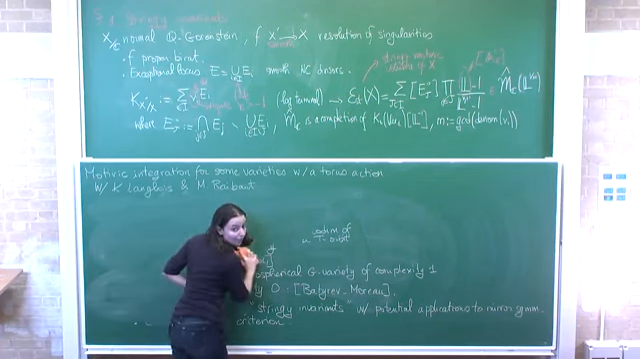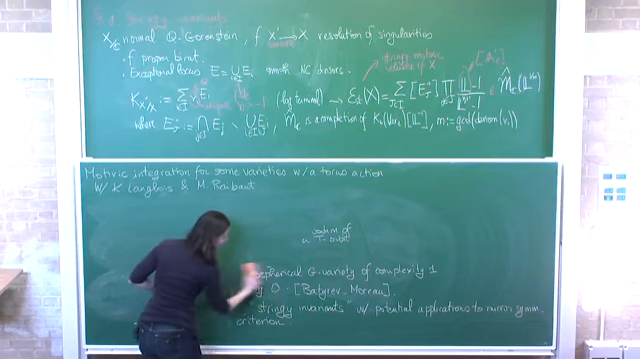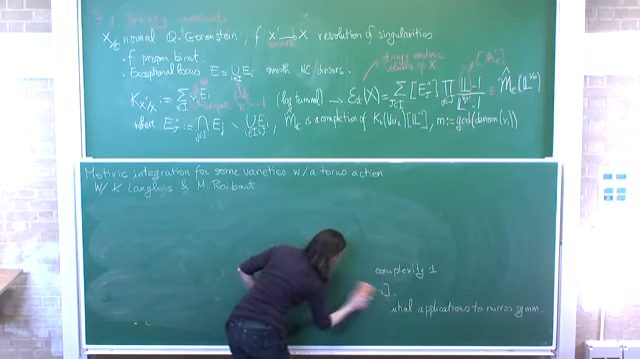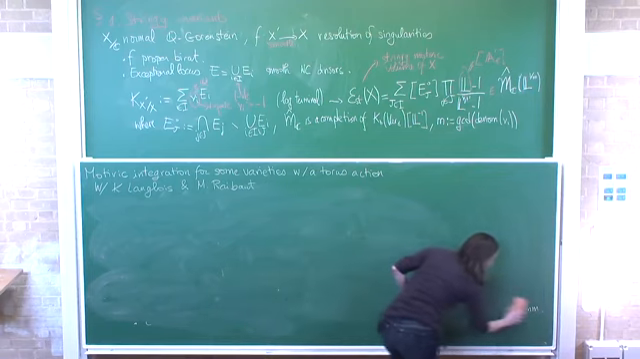Maybe I'm not so familiar. When X is smooth, for example, what is this exactly? Yes, I'm going to do that, because I think it's useful. So this will recover